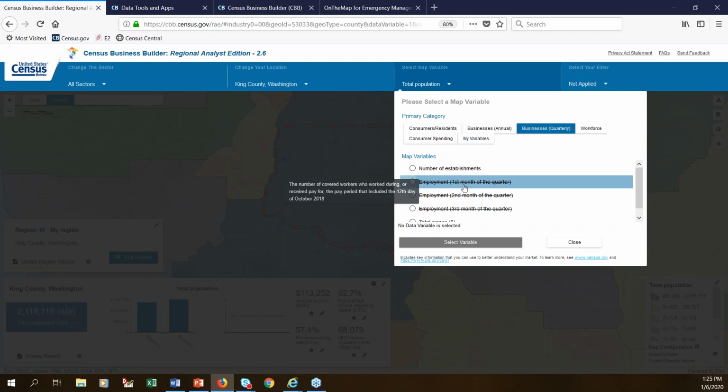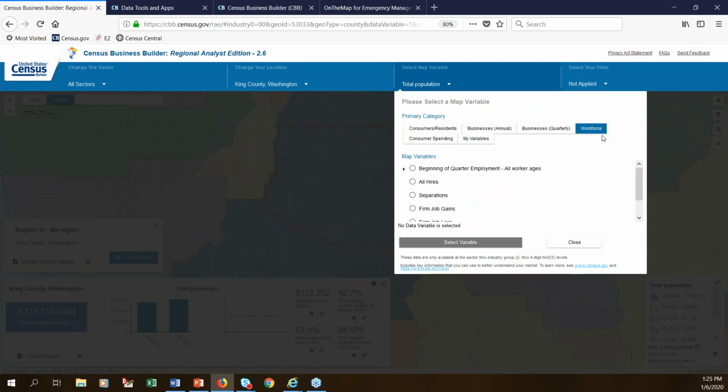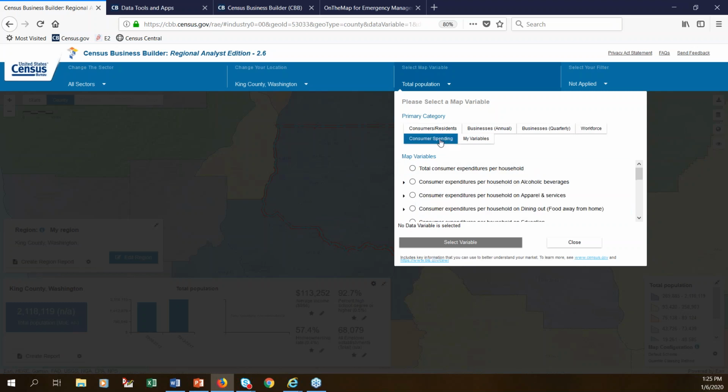Here's some of that labor force data that we talked about before in the OnTheMap application: quarterly employment, hires, separations, job gain, job loss, things like that. We even have some third-party consumer spending data. So if you are researching the population that lives in King County and you wanted to know something about how much they spend on dining out or how much they spend on food, etc., we have those types of variables